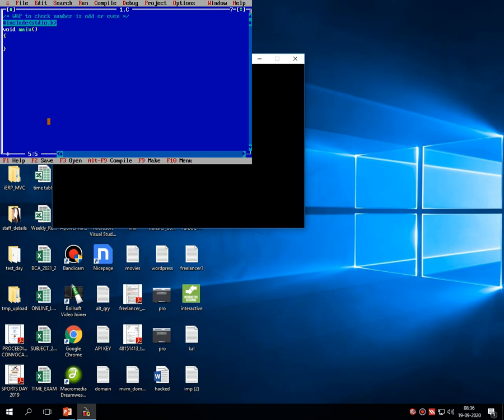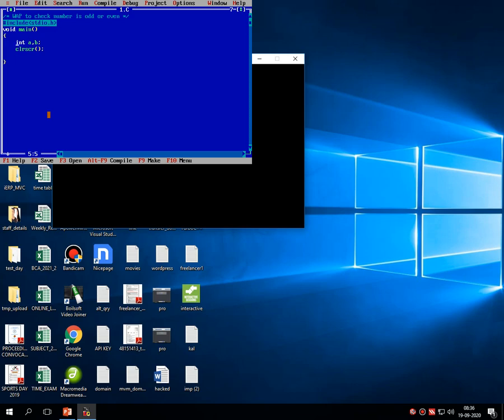To make this program, after writing the structure of C, that is #include <stdio.h>, void main, opening bracket and closing bracket, in between that, first I am declaring the variable.